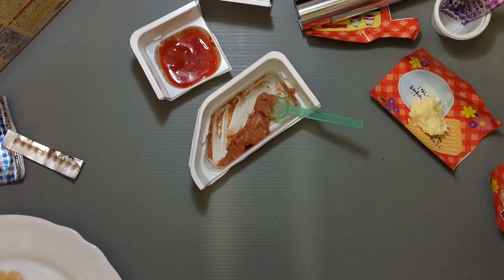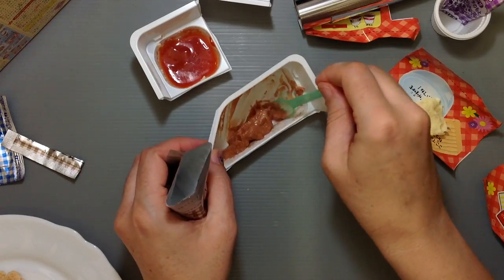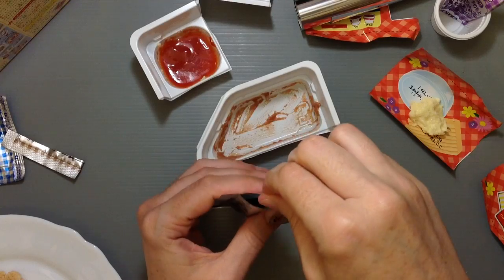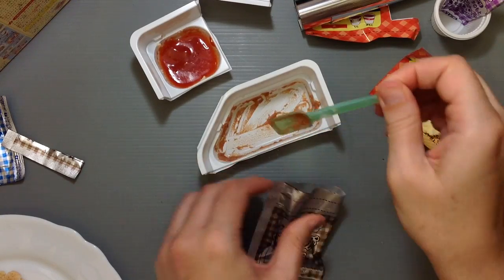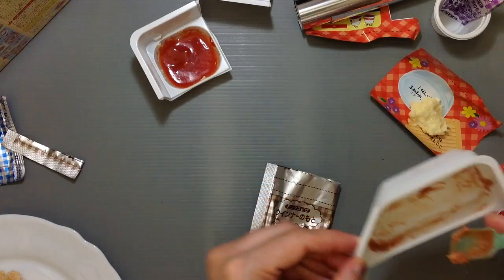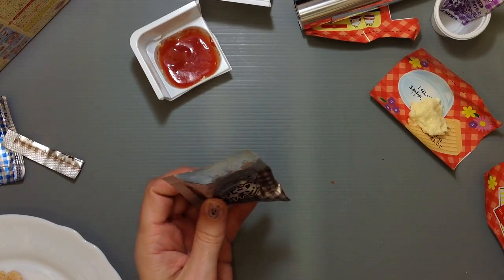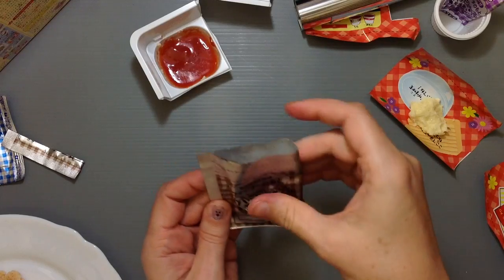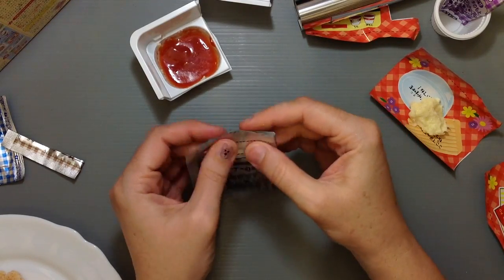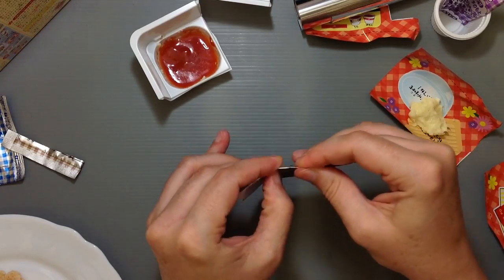So if I take that then and I put it back into this little bag, excuse me, make sure I get as much out of here as I can. And that also oddly tastes like something meaty. This is really weird. I'm just going to roll down here, and then this will be ready for decorating the